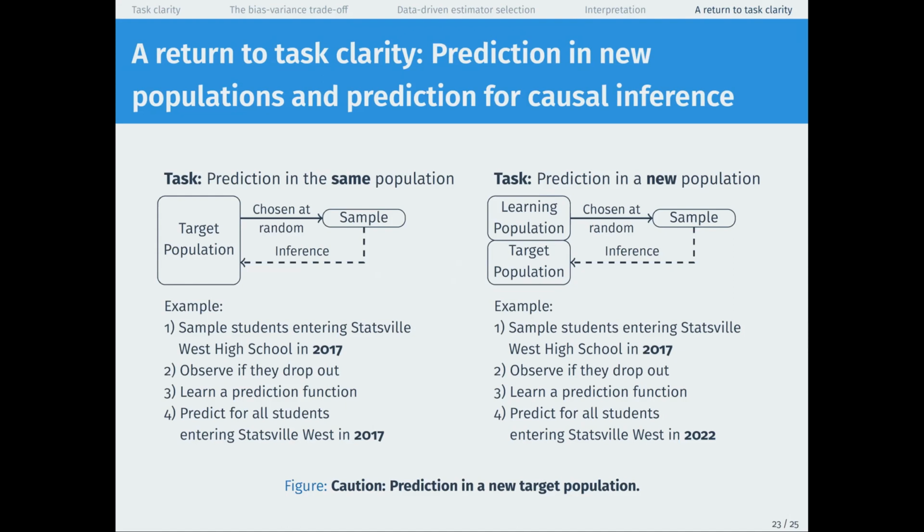So generally, we are always doing this thing where we learn from a sample that we have. And then if we're going to use that to make predictions in the future, we are always generalizing to this new target population who happen later than the people we trained the sample on. And this is a reason for caution. When we use machine learning estimators, we have to think a bit about how the social world might have changed between the sample we used for training and the sample we're using for our predictions.